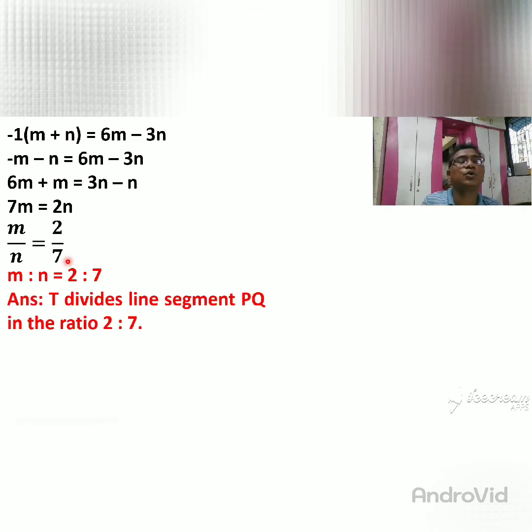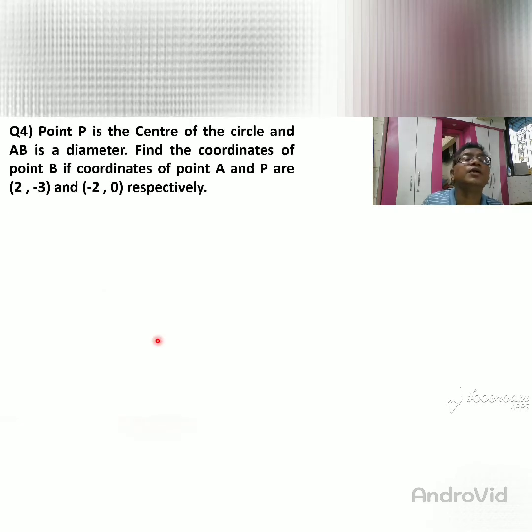Any doubts? So T divides the line segment PQ in the ratio 2 is to 7. Then we are going to see problem number 4. Point P is the center of the circle and AB is the diameter. Find the coordinates of point B